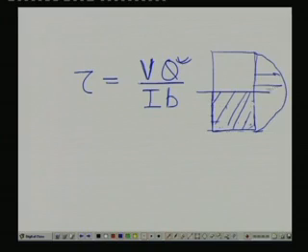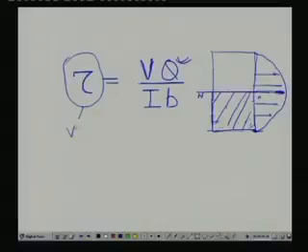tau will be something like this, which will be 0 here because the Q comes out to be 0, and which will be maximum at the neutral axis, where the Q comes out to be maximum and we get the shear stress maximum. So, what we conclude from this particular analysis is that shear stress in a beam, this tau, will arise whenever we are getting the variation